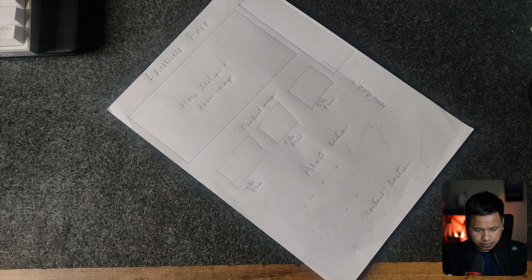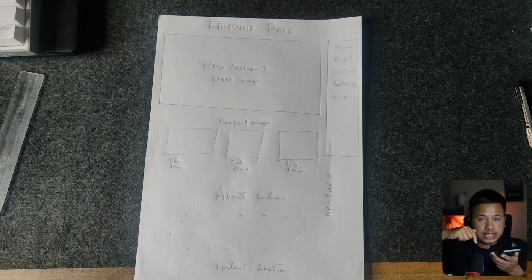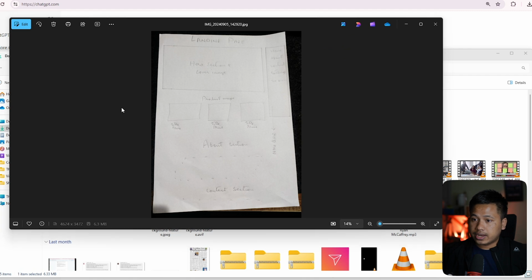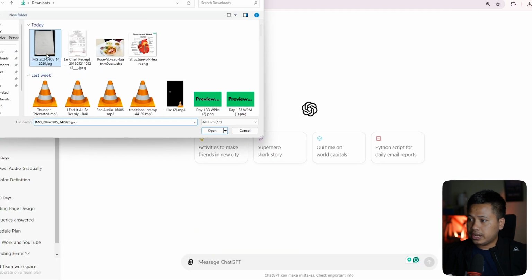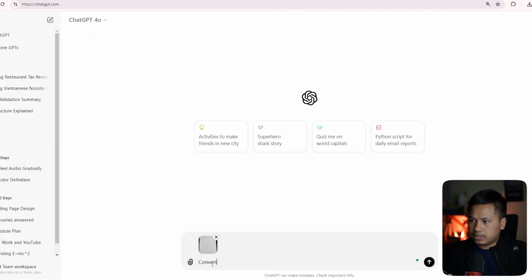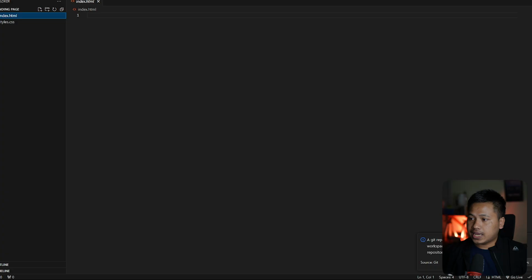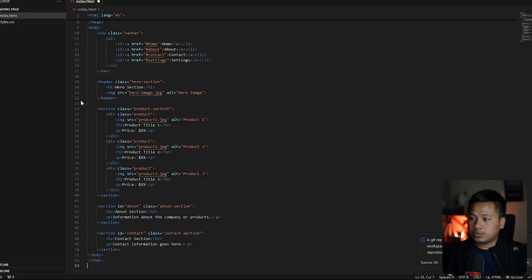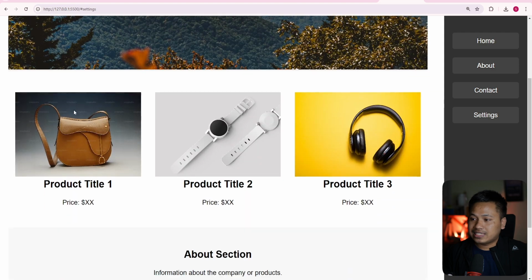So I'll draw the design on a piece of paper. Take a photo of this design. So this is the design right here. Upload it to ChatGPT here, and I can say, convert this to a web design. So copy and paste the code from ChatGPT and paste it into its respective files, and boom, exactly like the